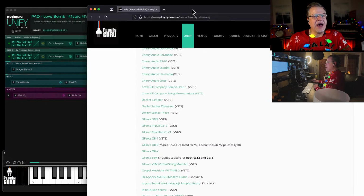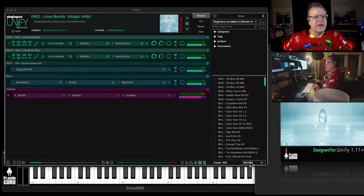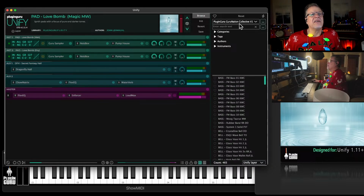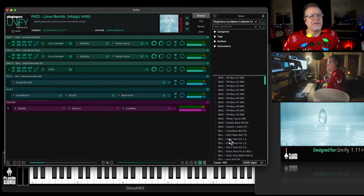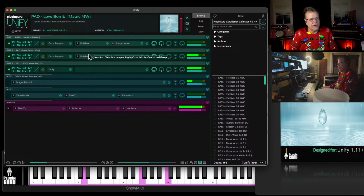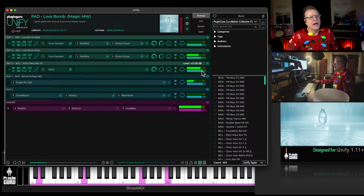And the advantage to that is that, because of the ability to change right here to just the Unify layer, I can take this pad and go up here to the bells. Here I'm in a whole different library, so I could go to a different library and choose, well, let's do this. Let's play. This is one of Tim Dale's patches. This is the ESQ1 bells. So if we were to put that into reverb,